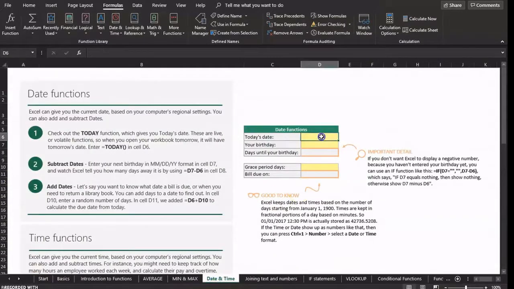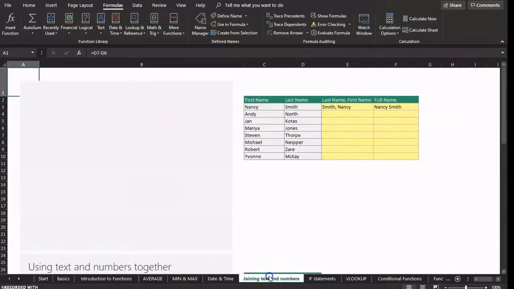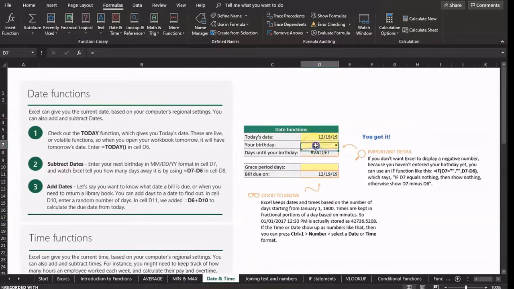Date and time, so if we type equal today, and this is an interesting one because you don't actually need any arguments within the parentheses because it's automatically going to just output today's date. And you could do your birthday, so if we did, let's skip that actually, that's a bit overkill. So that is just the date, and there's additional ones up here on the formula address bar right under date